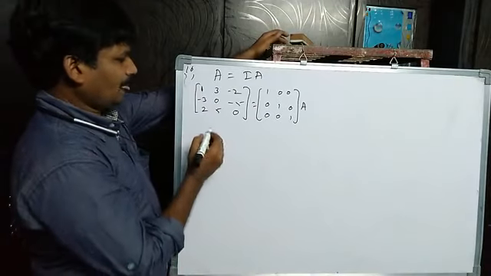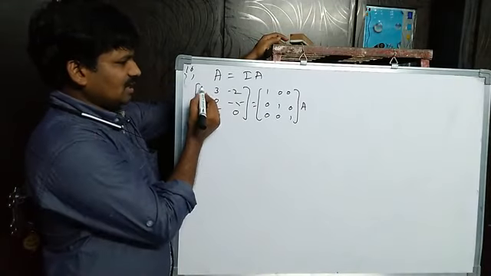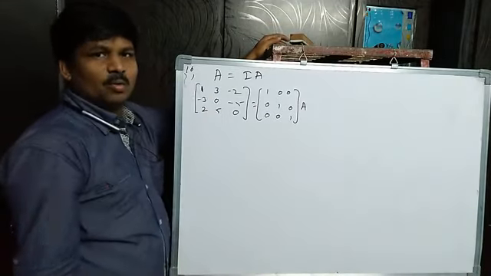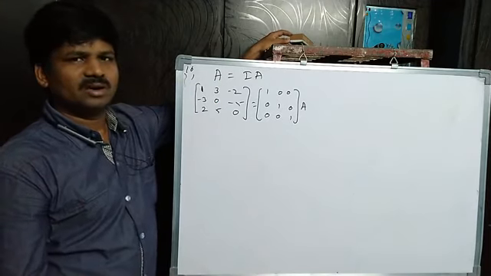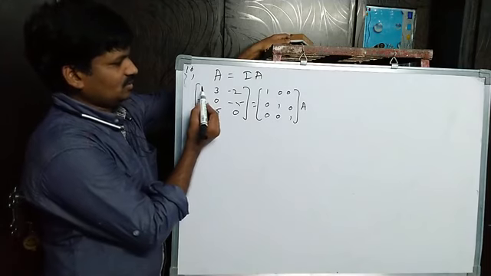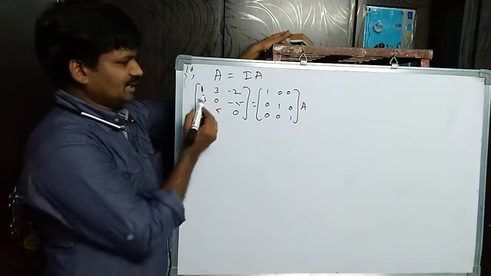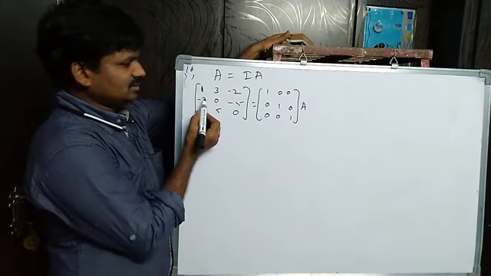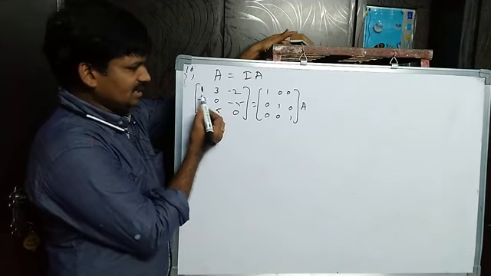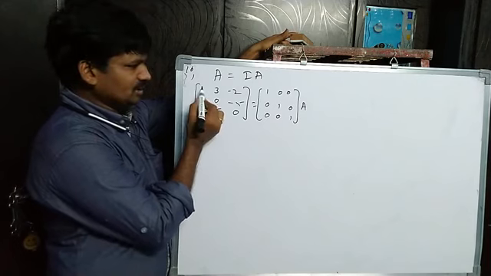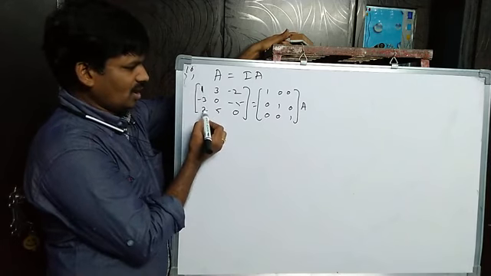So here, if you observe, 1 is already there. Already 1 is there, no need to change that one, no need to transform it. So 1 is there, which is good for us. Next, where do we have to make zeros? 1 we made, already given, no problem. By using this 1, here and here we have to make zeros.